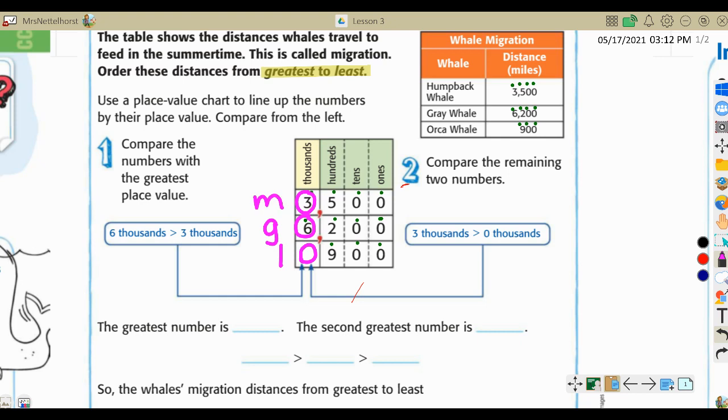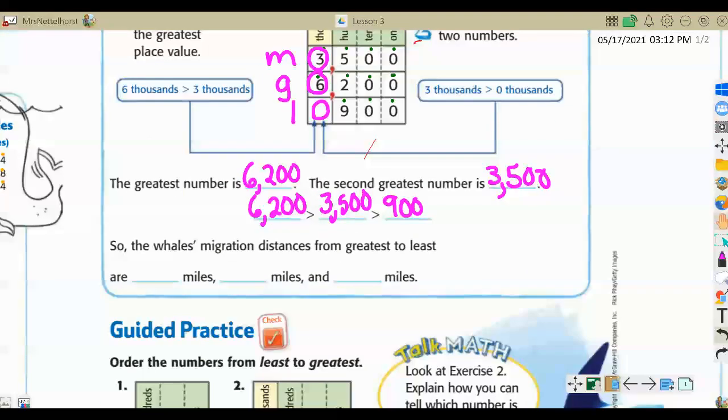Okay, so the greatest number is 6,200. I like this color. The second greatest number, or the middle number, is 3,500. So now we're going to put them in order from greatest to least. 6,200 is the greatest number, which is greater than 3,500, which is greater than 900. So there you go. Okay, so the whale's migration distances from greatest to least are